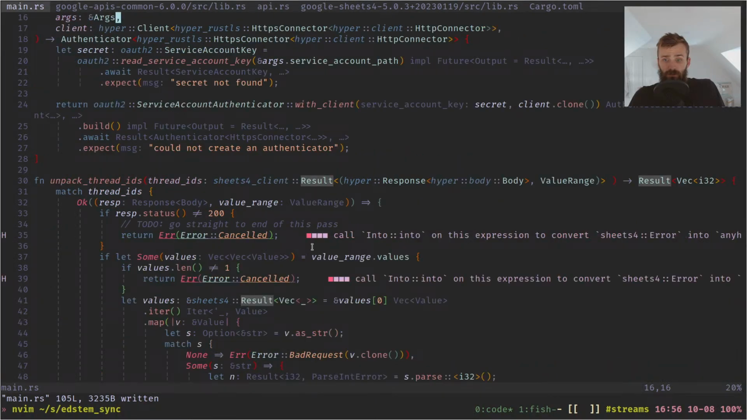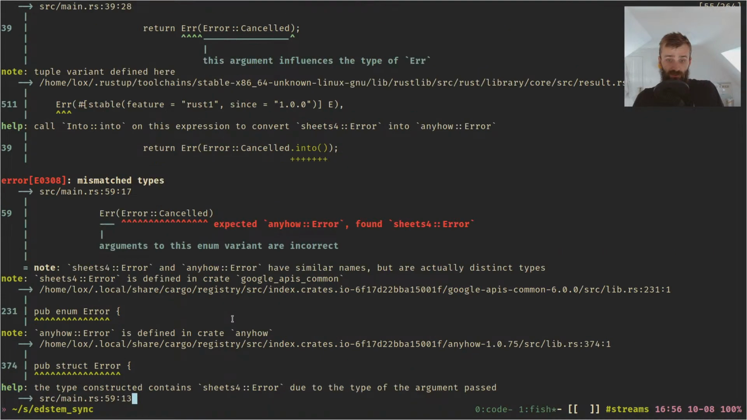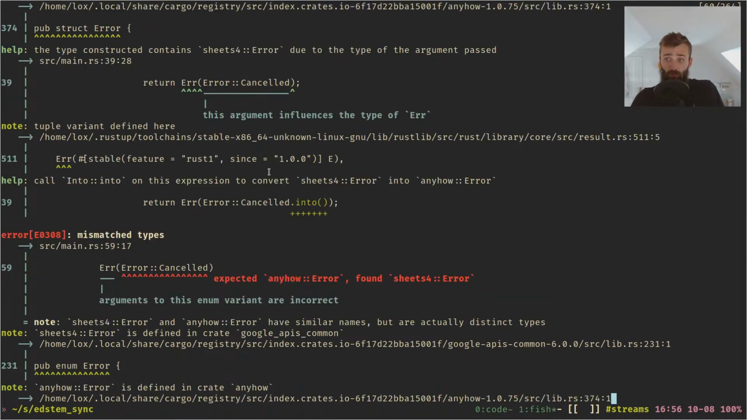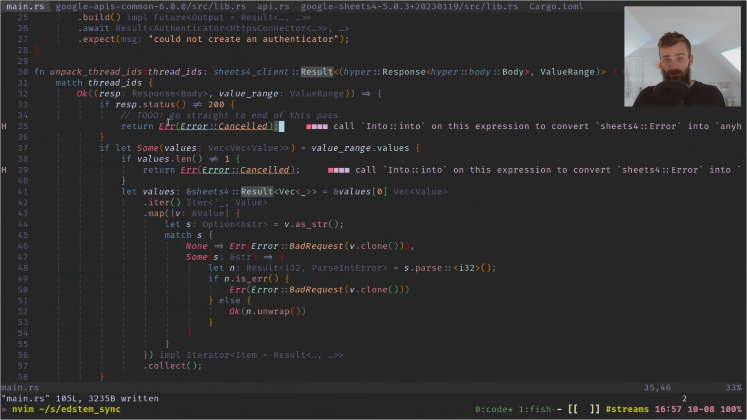So when I try to return this error, which is specifically a Google Sheets 4 error, it is giving me the suggestion that one thing I could do is call into to convert the Sheets 4 error into an anyhow error, which would solve the compile time errors, but it's not actually what I wanted to do in importing the anyhow